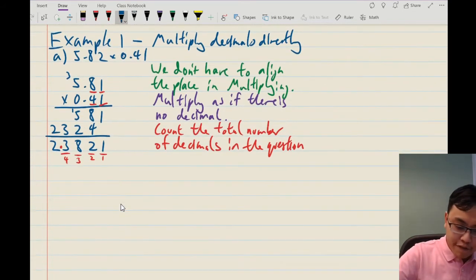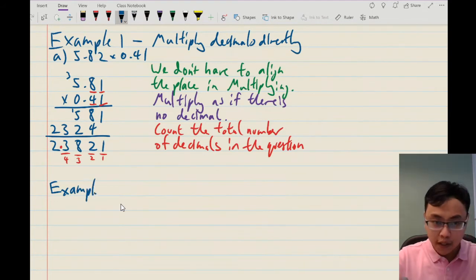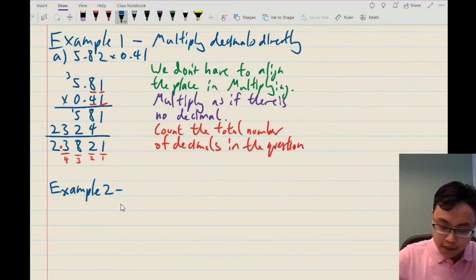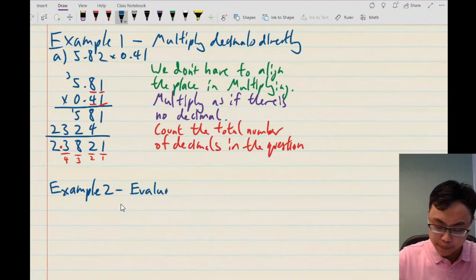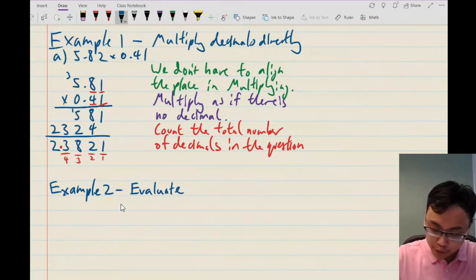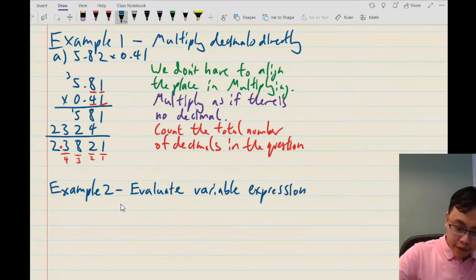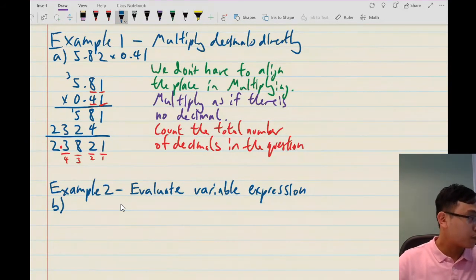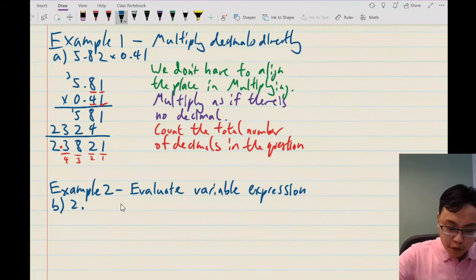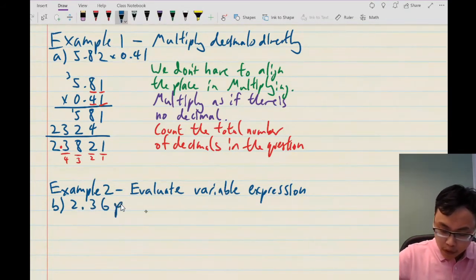And this time we want to evaluate example 2. Example 2. This time we want to evaluate variable expressions. And so let's say that this time we have the expression. Let's say we want to evaluate 2.36p when p is equal to